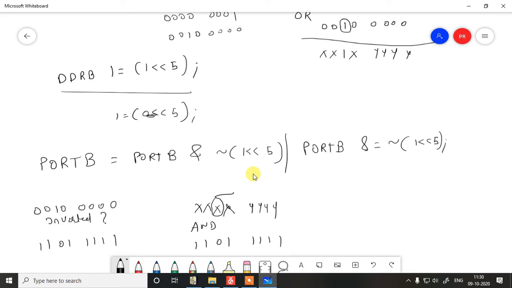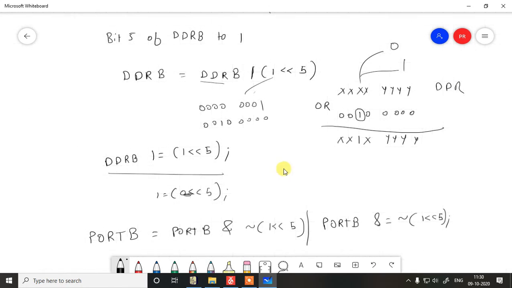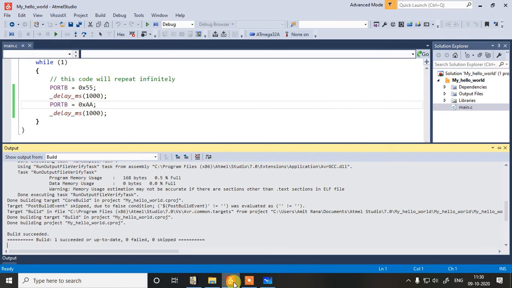Remember, this knowledge will be applicable and useful in every single compiler that you may use for any microcontroller on the planet Earth, because this is a pure C syntax. So the same thing will be more advantageous for understanding when you shift to 32-bit controllers as well. So this is how we can set or reset a single bit in any 8-bit port registers of Atmega 32.